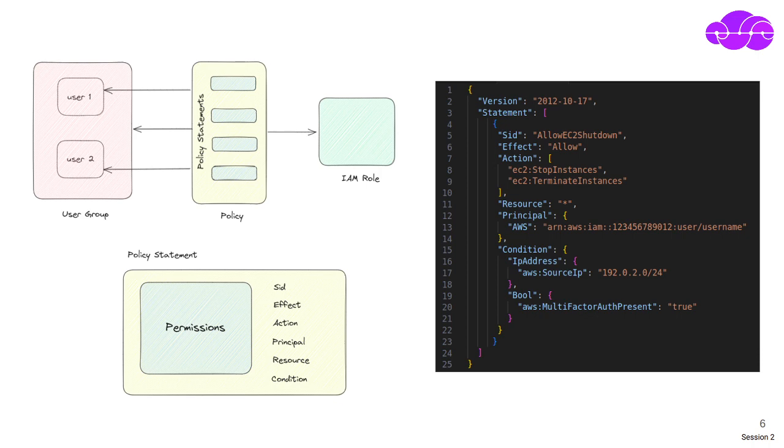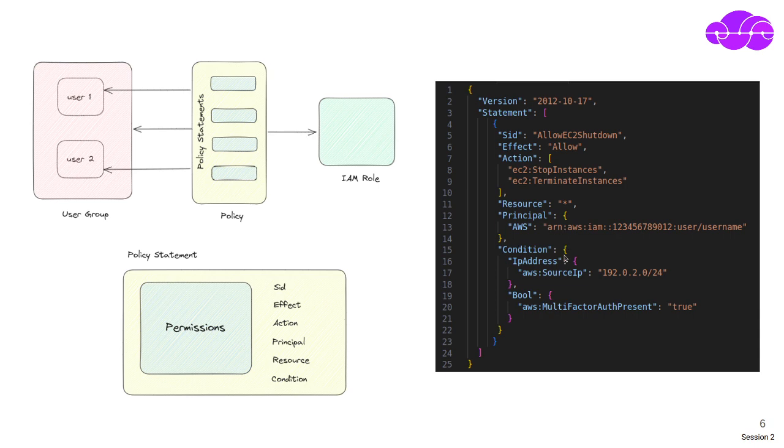Users can belong to multiple groups while the permissions are assigned to the groups itself. You have users within groups, you have policies that are assigned to groups, and you have policies that can be assigned to roles as well. Okay. A policy contains a policy statement, in which there are permissions,